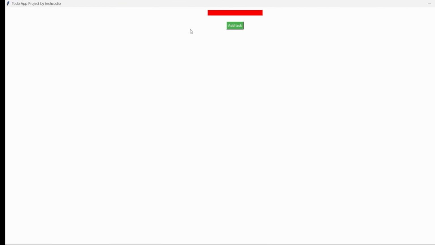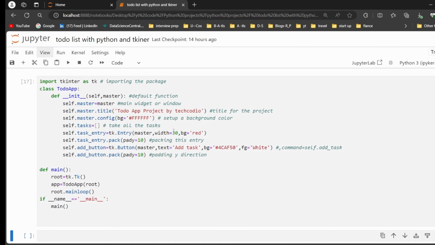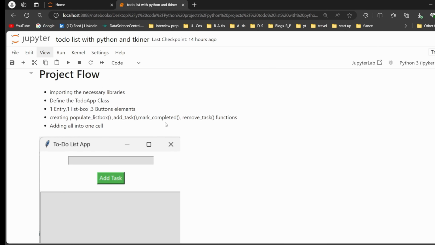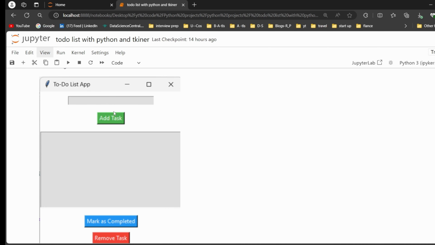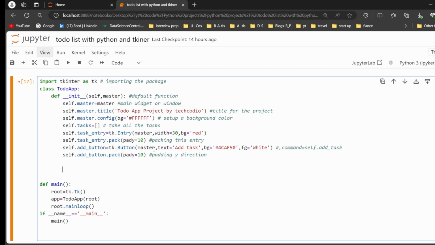Yeah, you can see the second step is add task. We have created this box, got it? So guys, you can see we are done with the window and this entry and this button. Now we need to add this populate list here, right? Let's create it. Self dot task list box equal to tk dot list box, right? In this first we need to pass our master instance, then width equal to 50, bg equal to